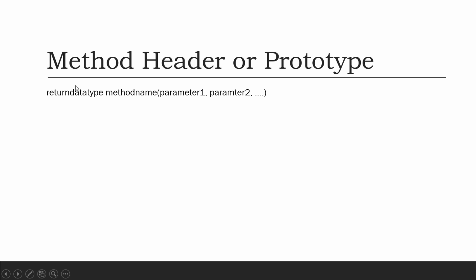Here, the method name represents the name given to the method. After the method name, we write some variables in parentheses. These variables are called parameters. Method parameters are useful to receive data from outside into the method. This data can be used by the method. The return data type is written before the method name to represent what type of result or data the method is returning.